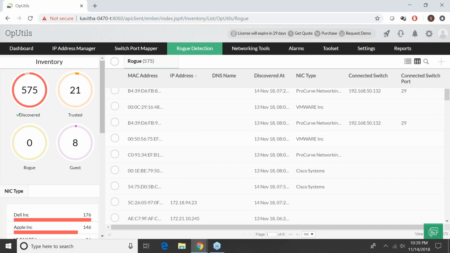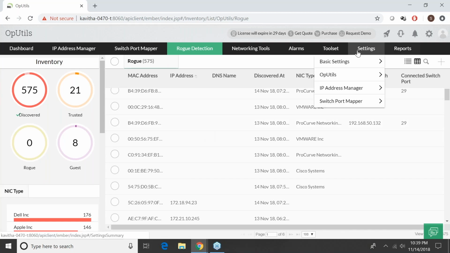In case any new device has been added, it will automatically go to the discover status. It will not move into trusted, but on the alarms we have